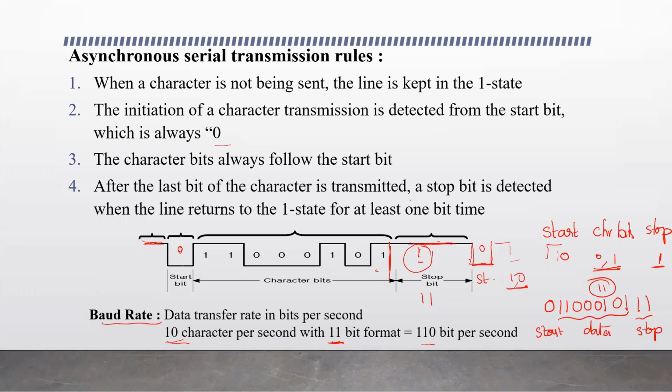The next data again starts with the start bit, then the character bits and then the stop bits. The time the data line stays in the high state, in one state, with the use of the stop bits, is the time the sender and receiver units take to resynchronize, to get ready for the next transmission. Here the baud rate is the number of bits that are transmitted per second.